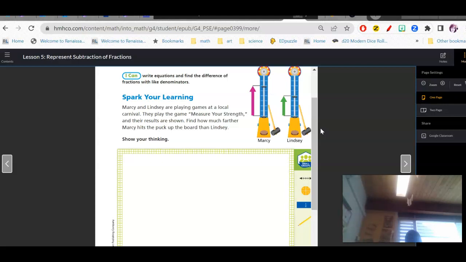I think I'll just do a number line this time, just to do something different, because normally we do things the other way. So we'll have our 0 here, then we'll have 1, 2, 3, 4, 5, 6, 7, 8. So if we were going to label these, we're going to label them as 1/8, 2/8,